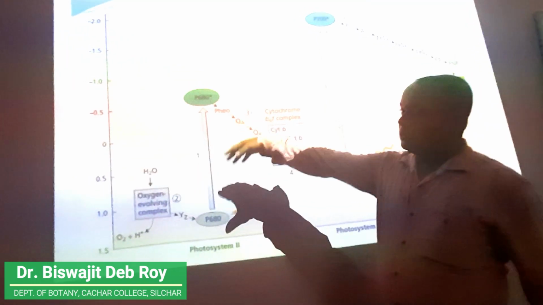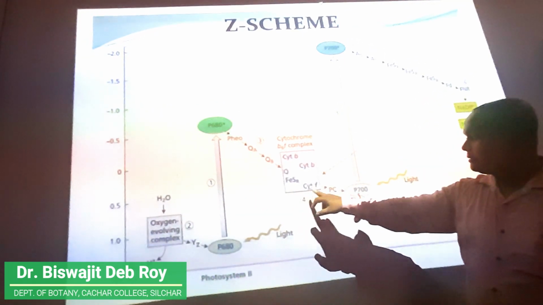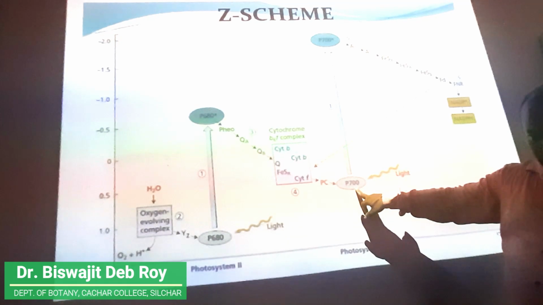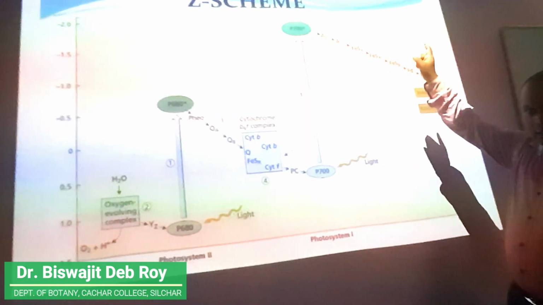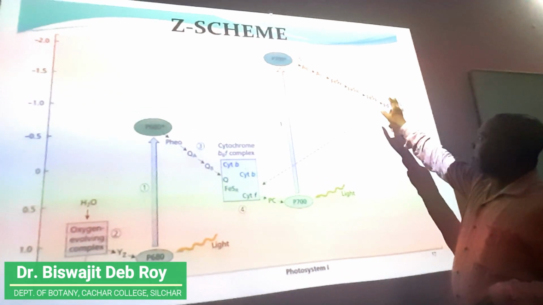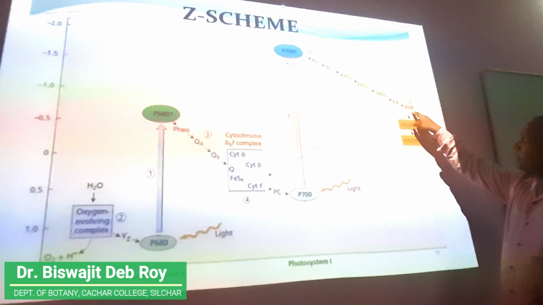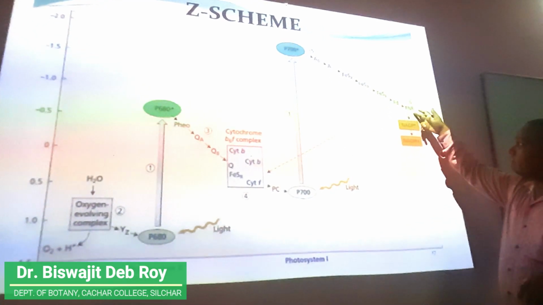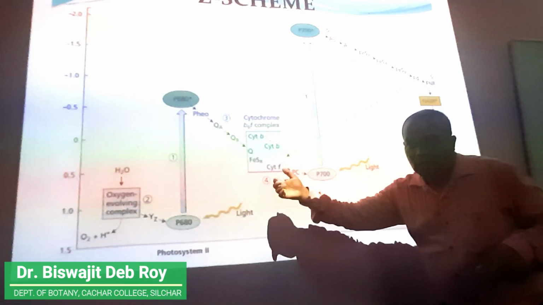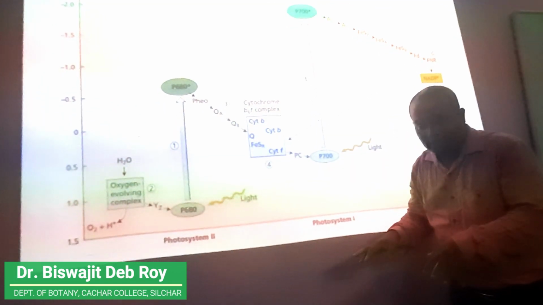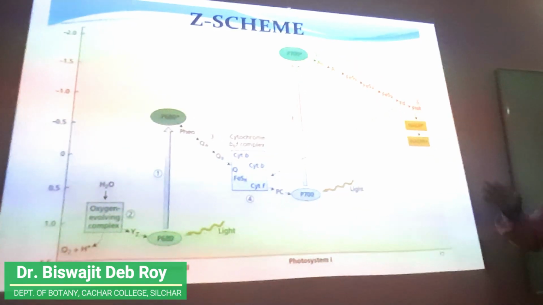You see, excited state, pheophytin, plastoquinone A, plastoquinone B, cytochrome b6f complex, plastocyanin, photosystem 1 reaction center, then it is excited, A0, A1, Rieske iron sulfur protein X, iron sulfur protein A, iron sulfur protein B, then it transfers to the ferredoxin, and with the help of ferredoxin NADP reductase, FNR, this NADP plus takes from the lumen of the chloroplast H plus ion, which has been emitted by photolysis of water, and combines with NADP to form NADPH plus H plus. Clear? So these are the products.